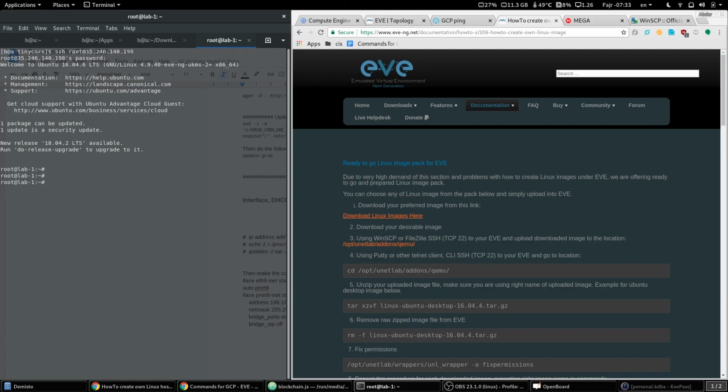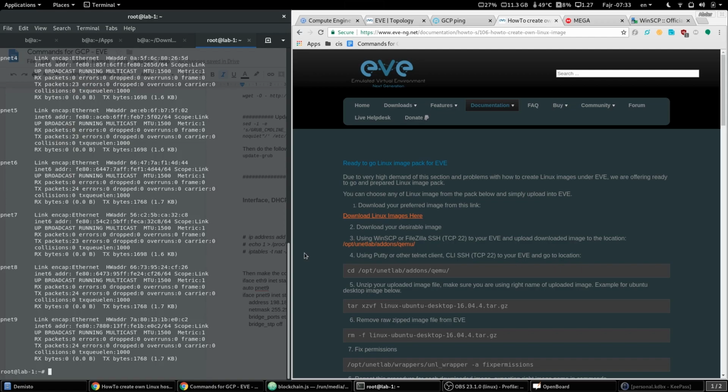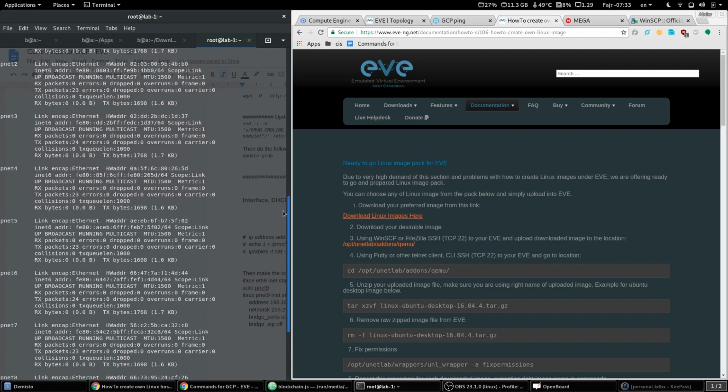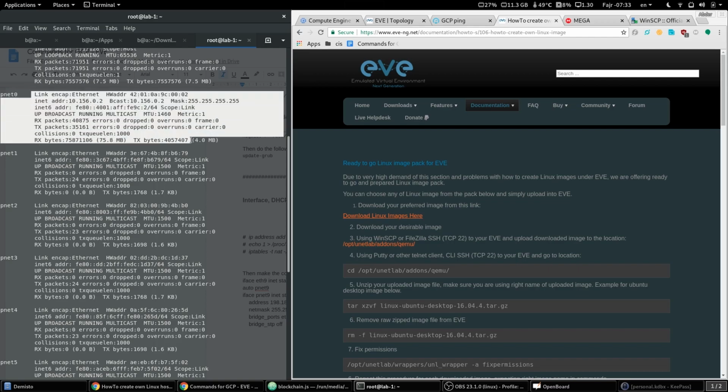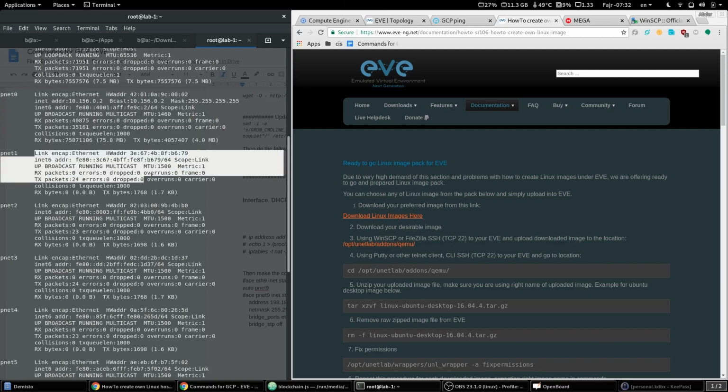Okay, so first of all, let me show you something. If we do ifconfig, we see all the interfaces that eveNG created. Before, remember, we changed the name of the interface to ETH0, and we had a loopback interface, that's it. But now you see all these PNet interfaces. PNet 0 has the internal IP address that we saw in the console of Google. PNet 0 is the one that connects to the internet, right? And the rest are all cloud